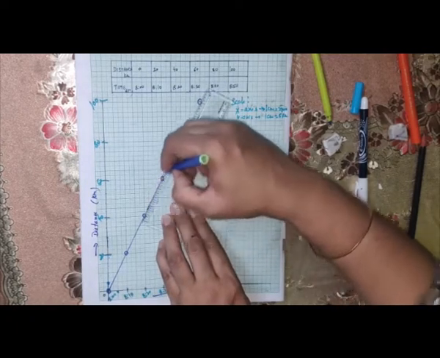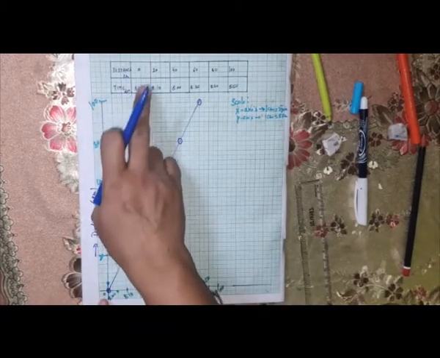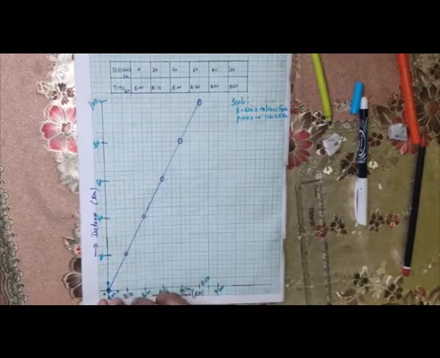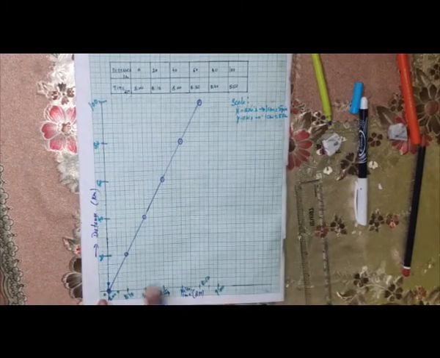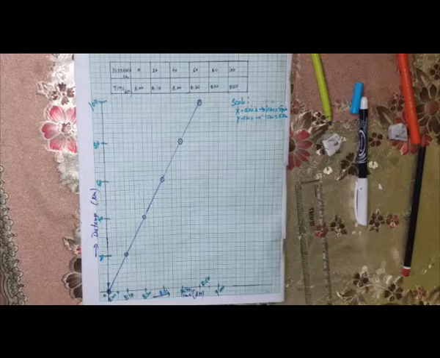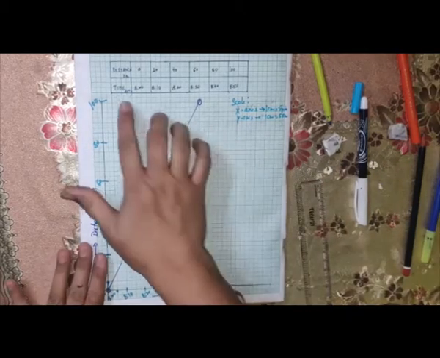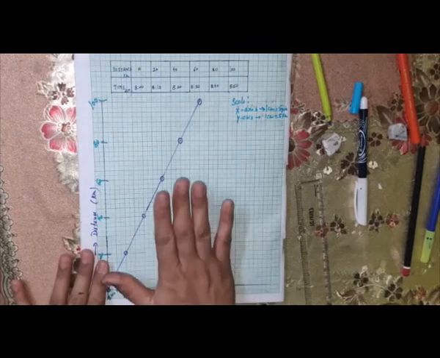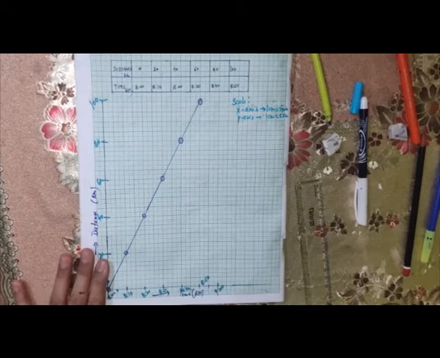And you observe this is a straight line. Equal distance is covered in equal intervals of time. In such a case, the graph is a straight line inclined to the time axis, right? This graph told us that the motion of the object is uniform. This graph can also help us in finding the speed of the object.